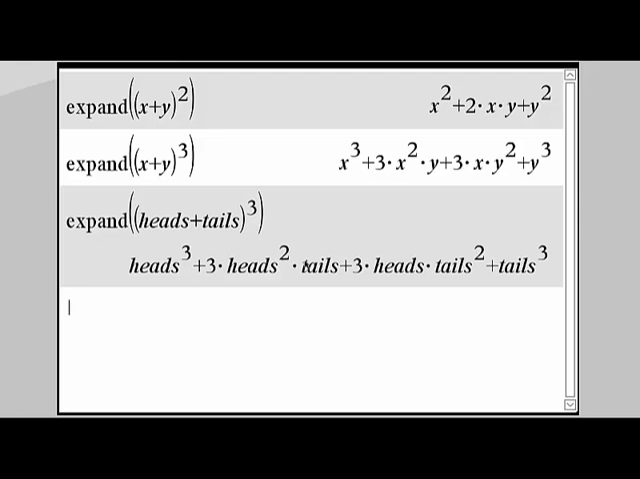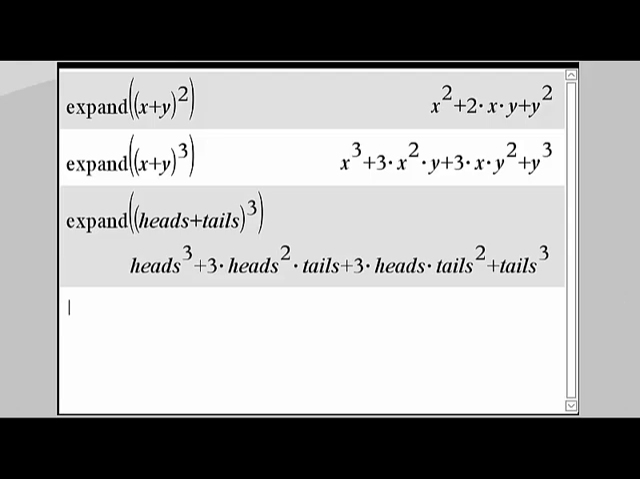2 heads and a tail will happen 3 times. 1 head and 2 tails will happen 3 times. 3 tails will happen with its coefficient exactly once. So I can see with one really quick experiment how many different ways each outcome can happen. Reducing the size of the output just a bit,